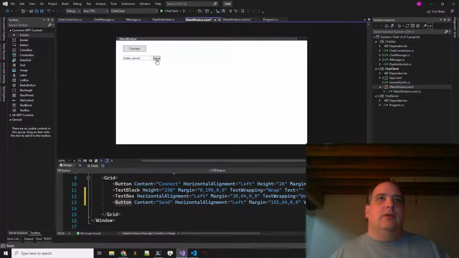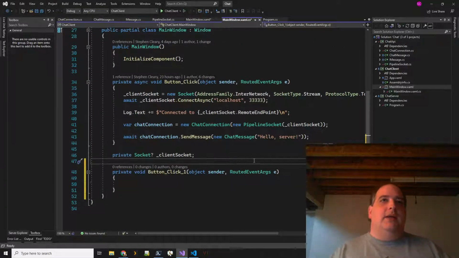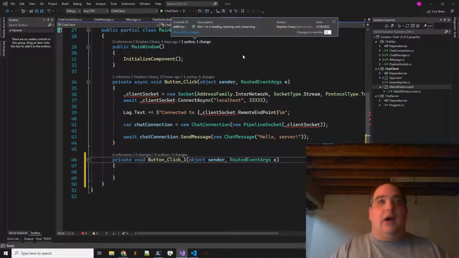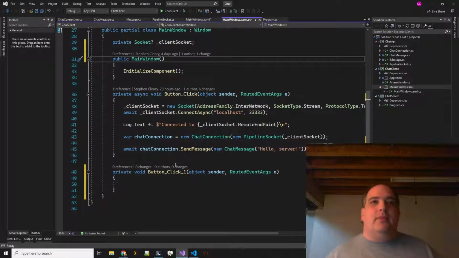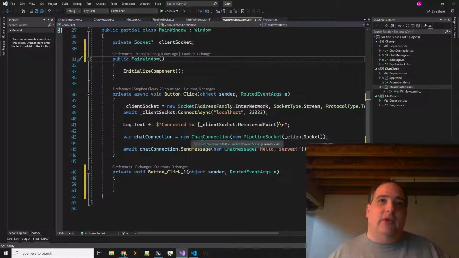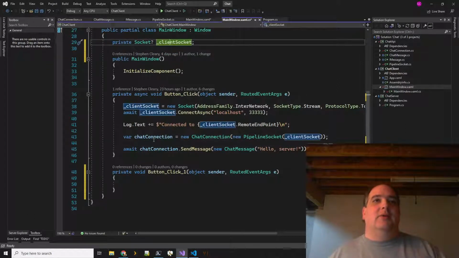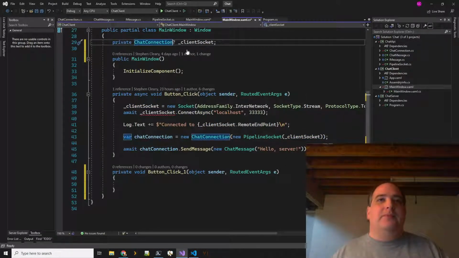And let's jump to this code behind here. Okay, let's move this up here so it doesn't get lost in our private methods. So we've got this connecting, it connects, and then we create this chat connection, which is what we actually want. We don't want this client socket here. We want a chat connection as our local